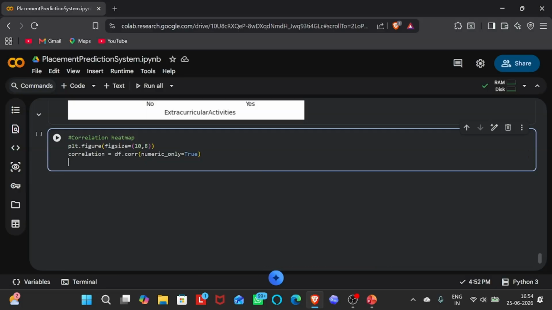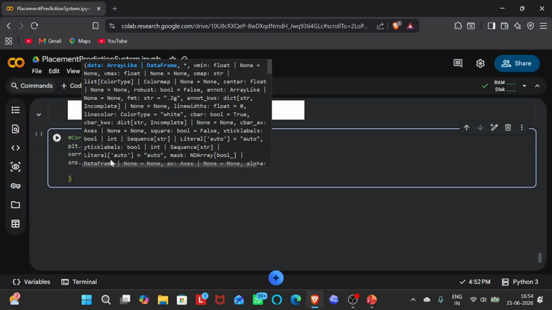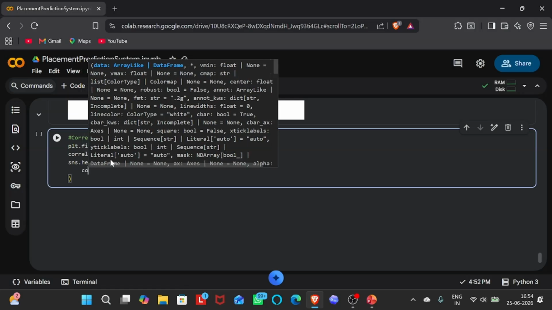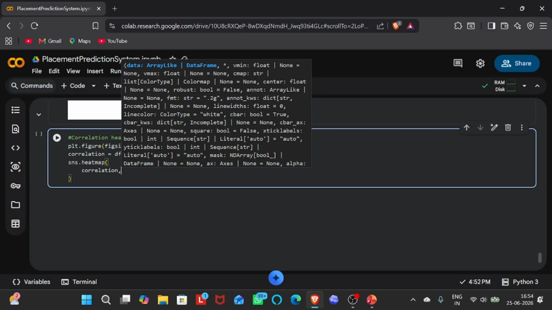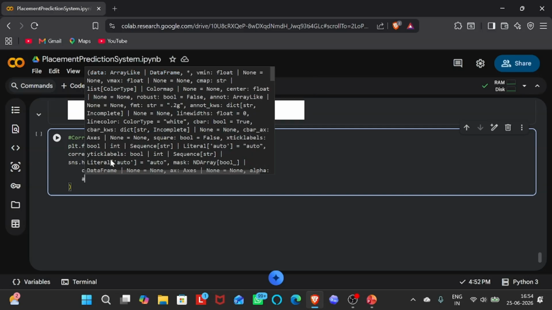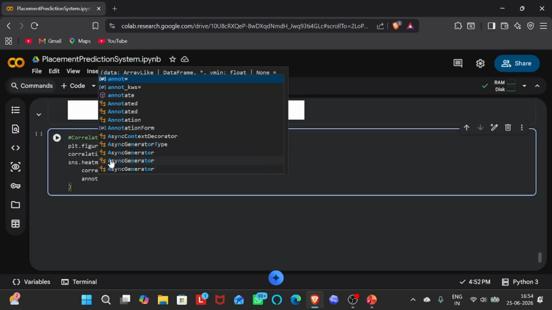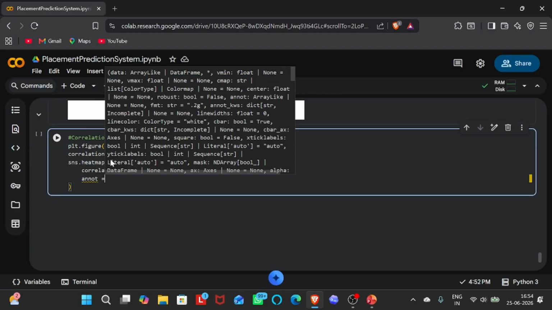Okay, and now we will give the sns dot heatmap. We are plotting a heat map. So we will write sns dot heatmap, and in brackets we will give the value. So correlation, comma, and annot is equal to true,